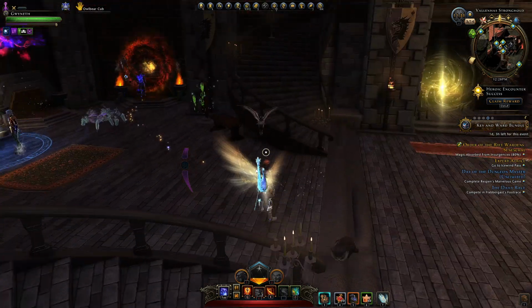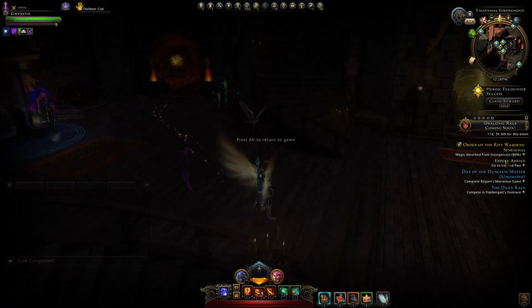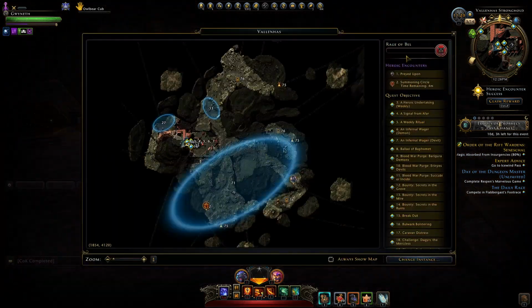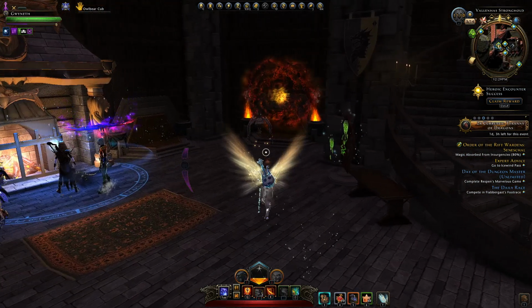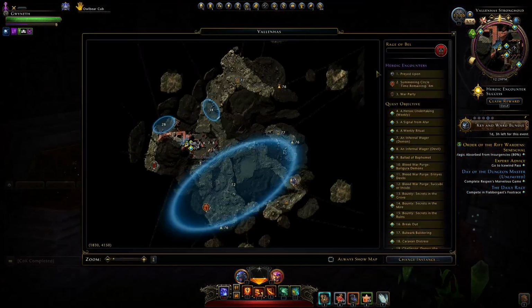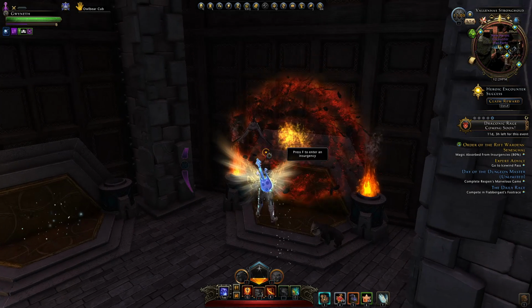And you should have this quest, Order of the Rift Wardens, and it should show you exactly how much magic you've absorbed from those insurgencies. Now while they're active, when you open your map, you'll see this here. You should be able to see whether insurgencies are active or not on this Rage of Bell meter. You can see that will fill up, and once it's all the way full at 100%, you won't be able to enter insurgencies anymore, and you'll only be able to fight Bell, and then it'll go on an hour cooldown